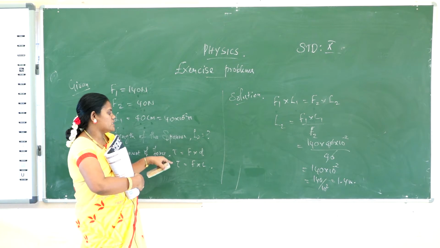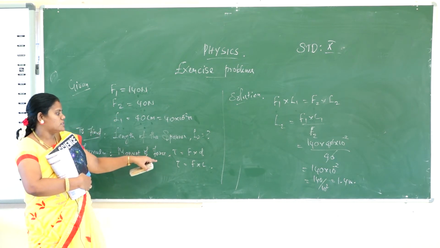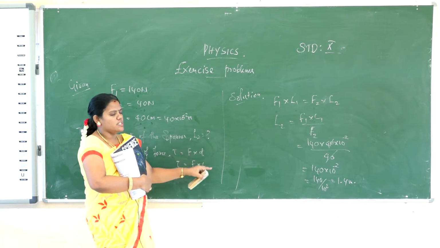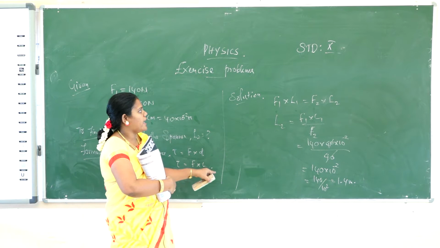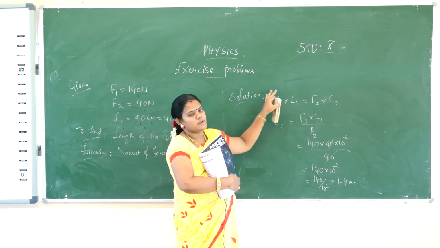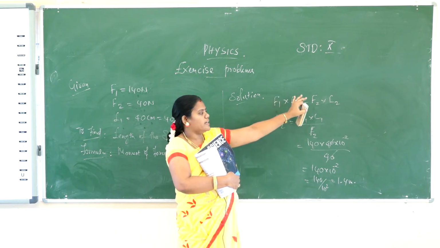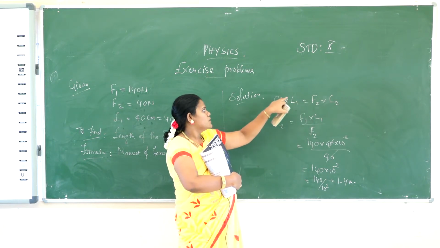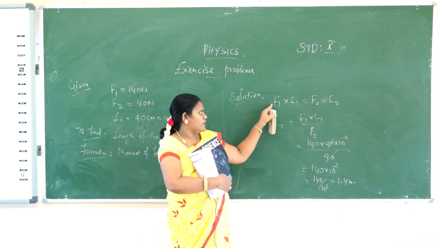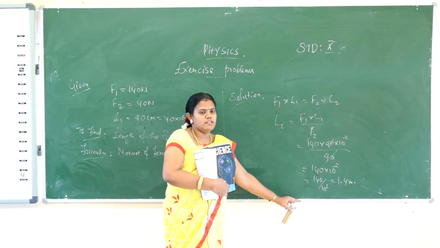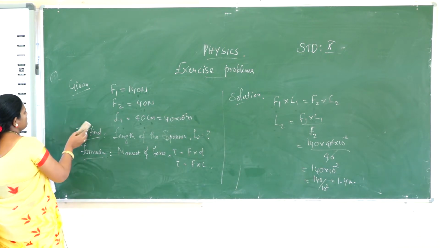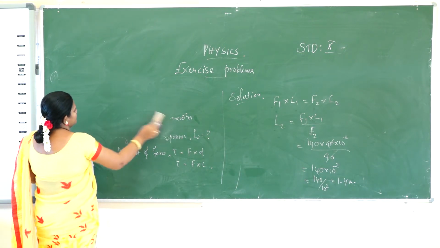First choose the formula for that problem. The formula is tau is equal to F into D, where the distance is mentioned in this problem as L. So tau is equal to F into L. So F1 into L1 is equal to F2 into L2. The torque produced by the first spanner is equal to the torque produced by the second spanner. We calculate L2. So L2 is equal to F1 into L1 by F2. Substitute all the values and we will calculate the answer. Students, note down the steps. Okay, then go for the fourth one.